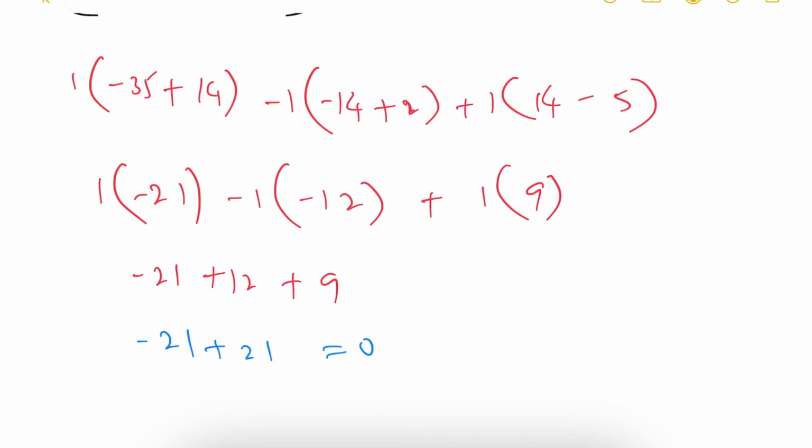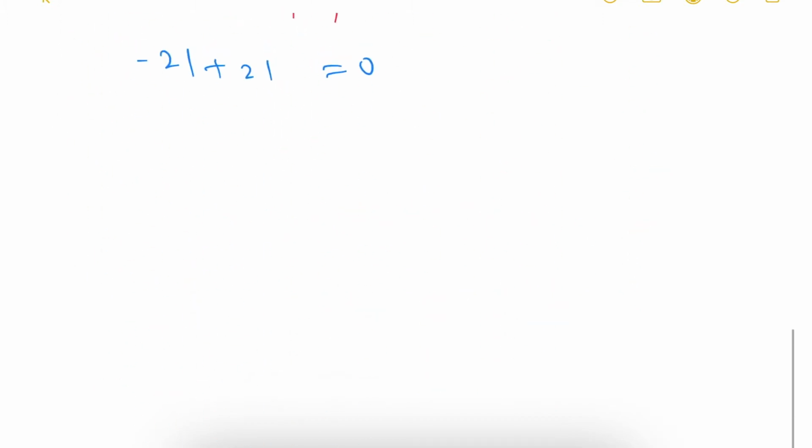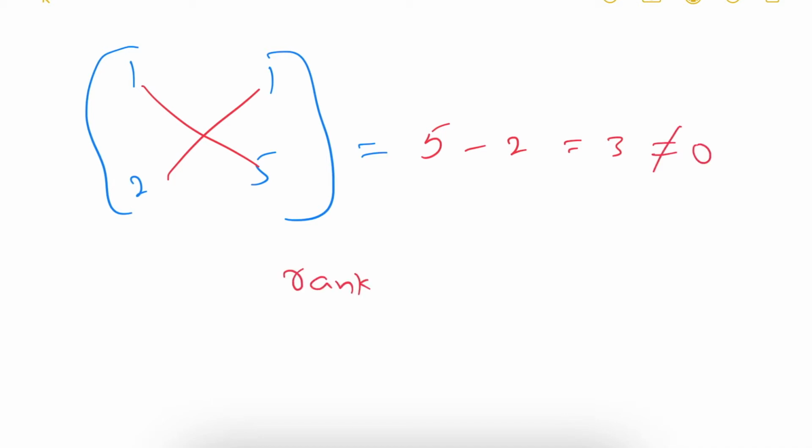If the determinant is 0 for the 3 by 3 matrix, then the rank is not 3. So from the given 3 by 3 matrix, we need to pick a 2 by 2 matrix. These elements I am taking: 1 1 2 5. Let me confirm once again. Okay, 1 1 2 5, that's it. For this we will find the determinant now: 1 into 5 minus 2 ones are 2, so 5 minus 2 is 3. This determinant is not equal to 0, so the rank of matrix A equals 2, because only in the 2 by 2 matrix did we get determinant not equal to 0.